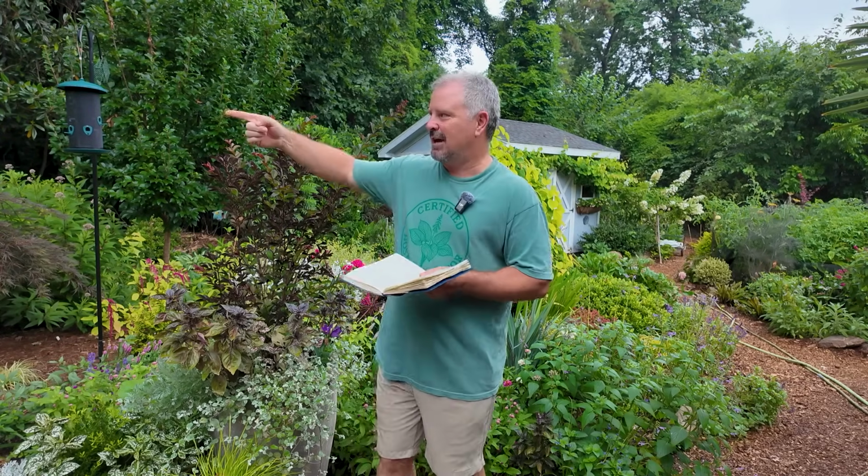Should they wrap it? No, I definitely don't ever wrap any wound on a tree just because I don't want to trap any moisture in there. I don't want to do anything to potentially create a situation where, again, I'm trapping moisture inside of it. I just want to leave that wound open. It's best of luck, kind of thing. I've had that,